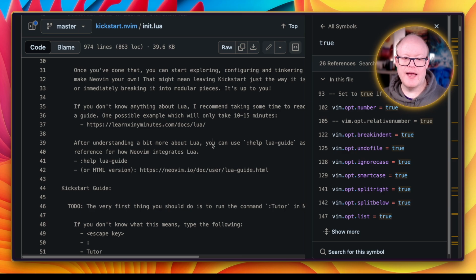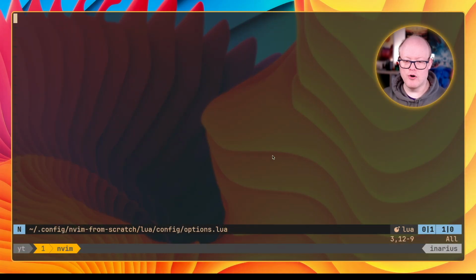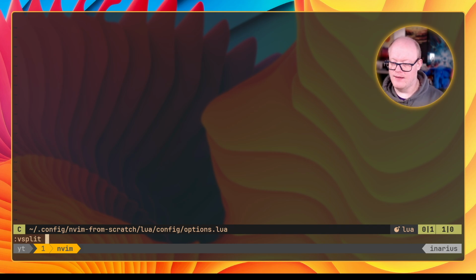However, I will go ahead and not use those now, but I will use my own as a starting point, because it makes just a little bit more sense for me to do that here when rolling this configuration, because I already have them on my system. So let's quickly see if we can split our buffers here and go to my real NVim folder, and there should be a